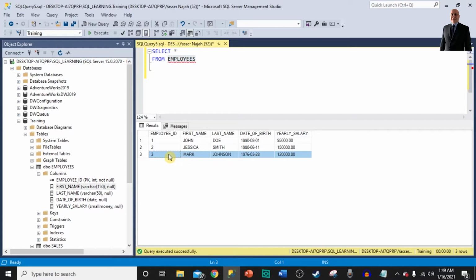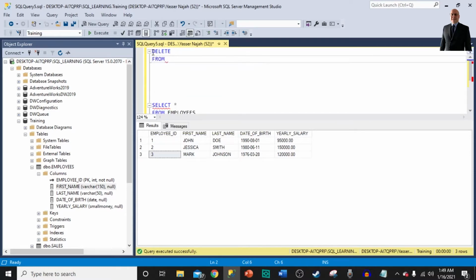It was supposed to go to a different company, for example, but they entered it into our employees table. So the way we delete this record is we have to write our delete statement as the command delete